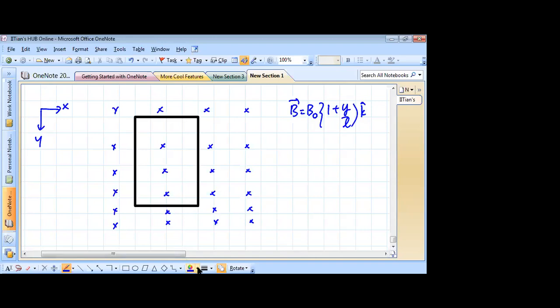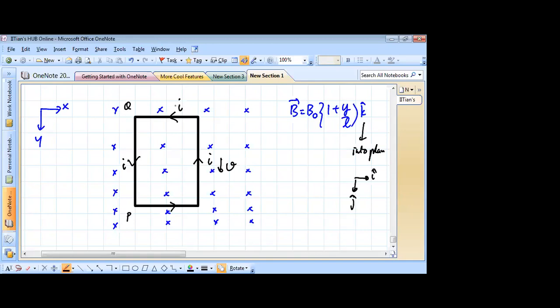So at some instant when this is having a downward velocity v, you can see that the flux going into the plane is increasing. So it should create a current anti-clockwise like this. Okay. So that is something you have to be very careful about. Your right-handed Cartesian system, you have to understand that x cross y is z going into the plane. So k cap here is into the plane because i cap is like this and j cap is like this. So there will be in fact an anti-clockwise current